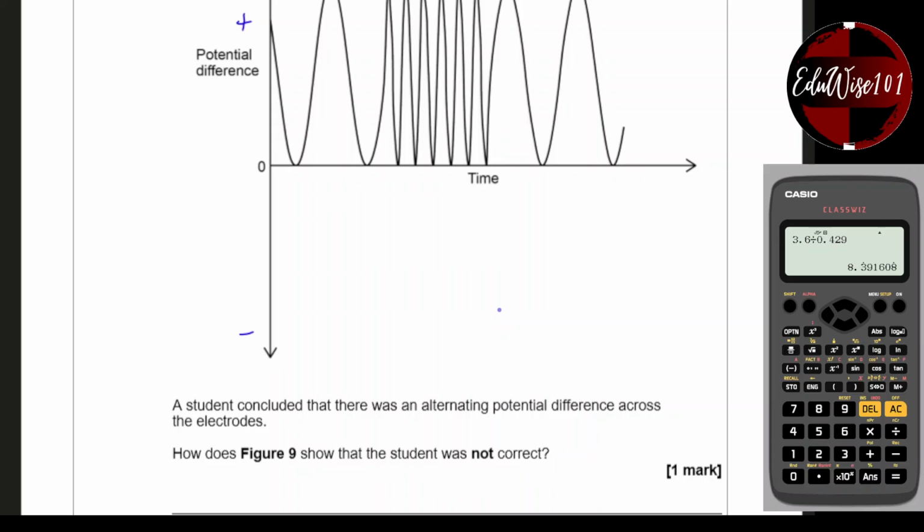Now, if it was alternating, the direction of the potential difference should actually go from positive to negative. So the graph should actually look like this. So positive and negative, and that will be 0. The graph should actually go